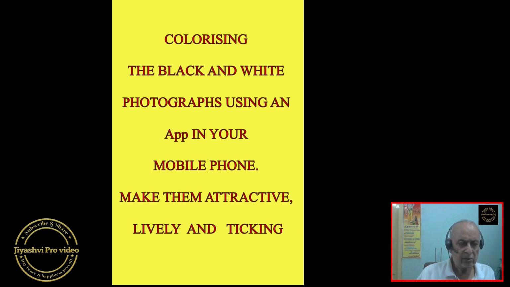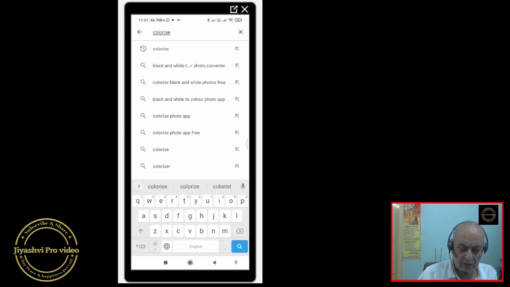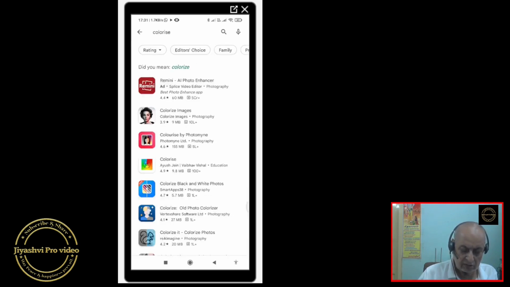Now with this Redmi mobile, you can colorize the photographs. Go to Play Store in your mobile and then type colorize there. When you go to colorize, we will get so many things there. Some of them are paid